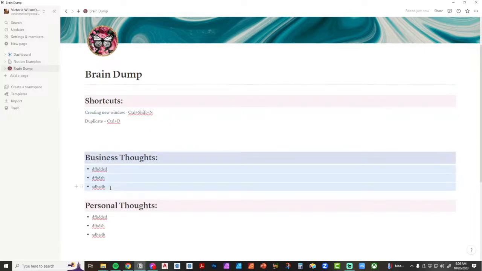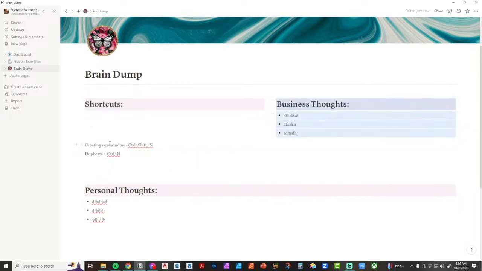So one cool thing that I love is I'm going to highlight these, and that's holding down the shift key. So selecting the first one and then the last one, that's the shift key. And I'm going to grab the little grippy thing and I'm going to stick it here. You see the little blue line? That shows you where you can move it. So I'm going to stick it off to the